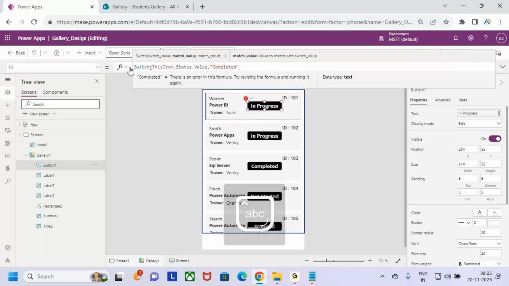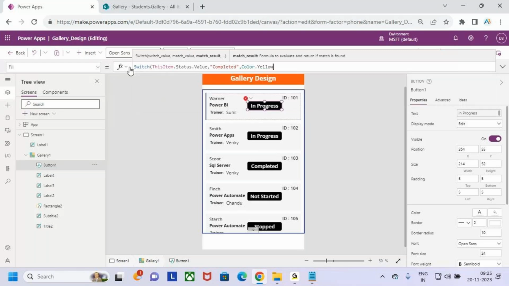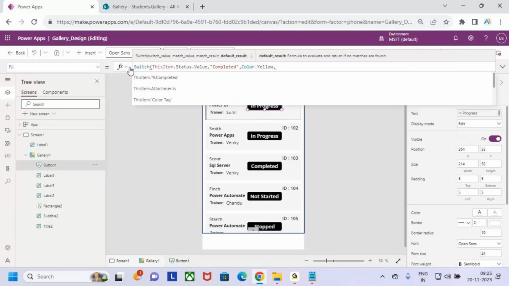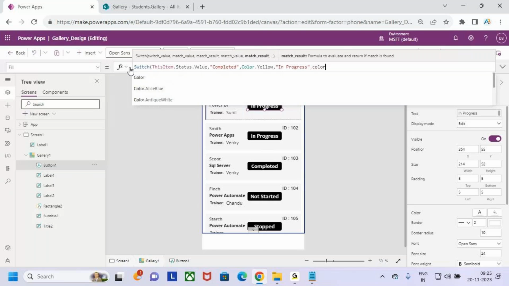If it is completed, then what is the color I want to display? I want to make the color as color dot yellow. Color dot yellow, this is the color I want to keep. Otherwise, if it is in progress, then what's the color I want to display? Color dot